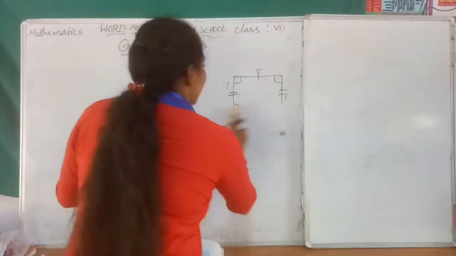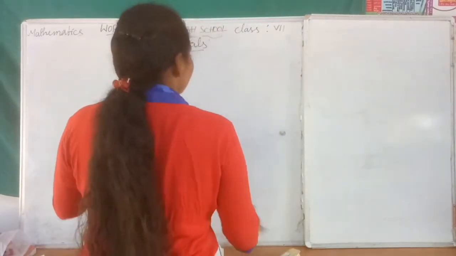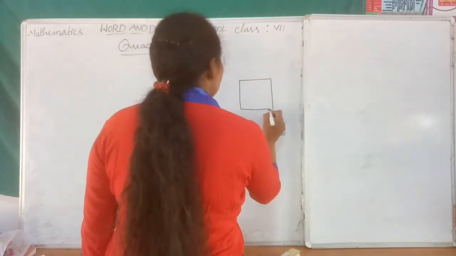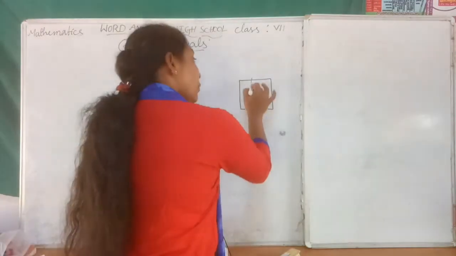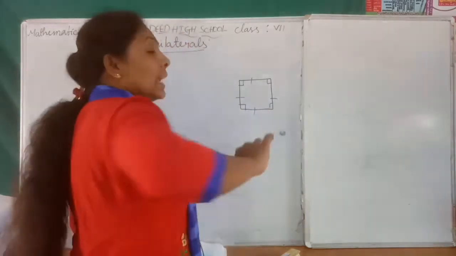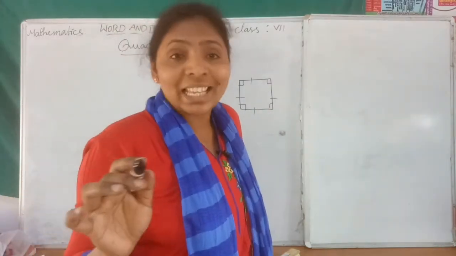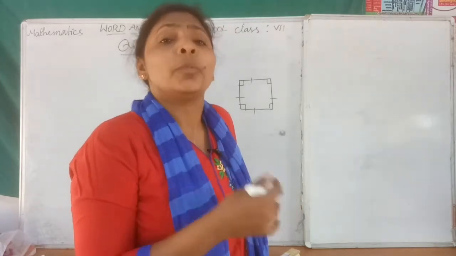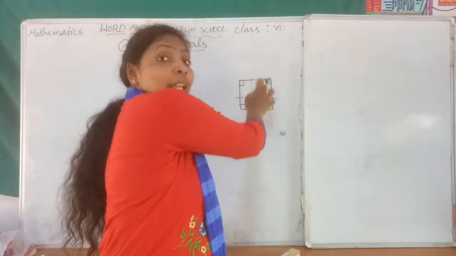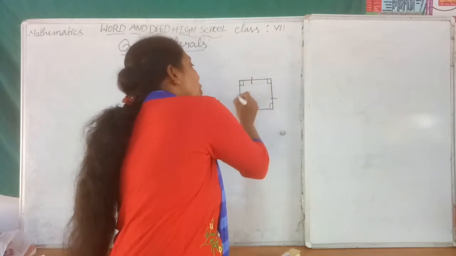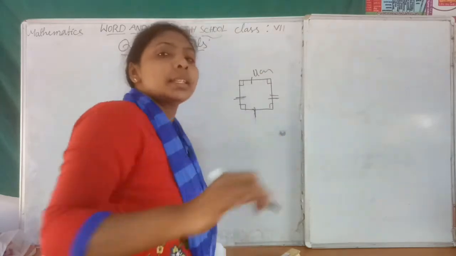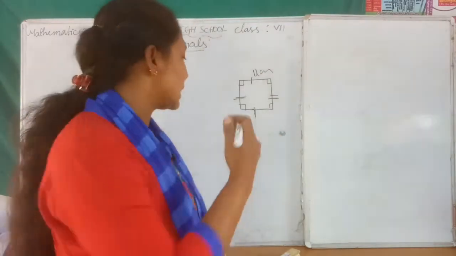Okay, next. Suppose square. How can you identify the given picture is square or not? Here also 4 sides, 4 angles. In rectangle also we have 4 sides, 4 angles, 4 vertices. Here also 4 sides, 4 angles, 4 vertices. What is the difference between the rectangle and the square, children? In a rectangle only opposite sides are equal, but here 4 sides are the same. Suppose one is 4 centimeters, then the remaining also are the same. All the sides are equal. Okay, this is the square, children.